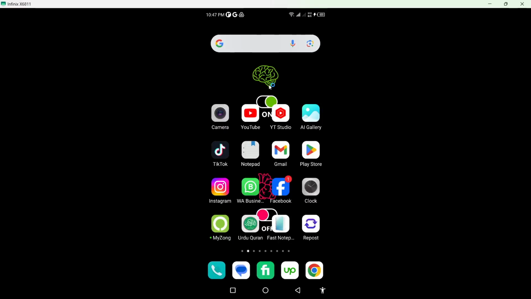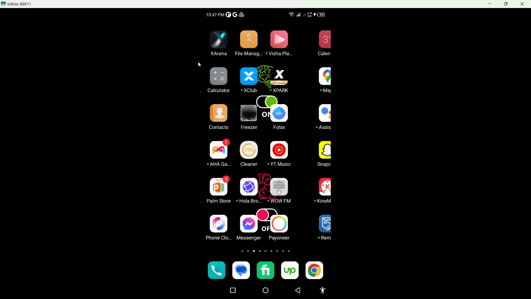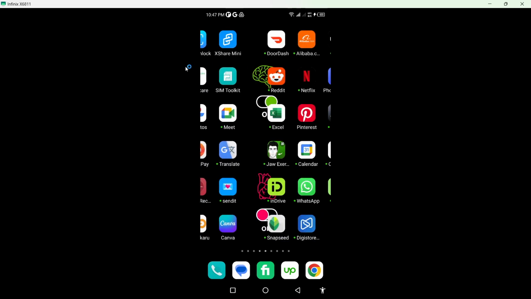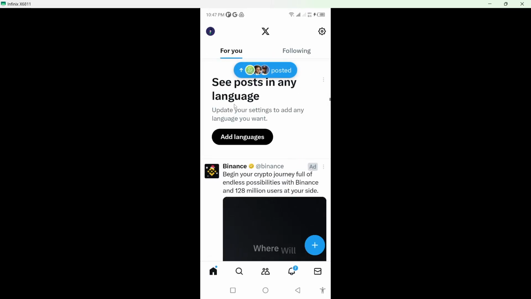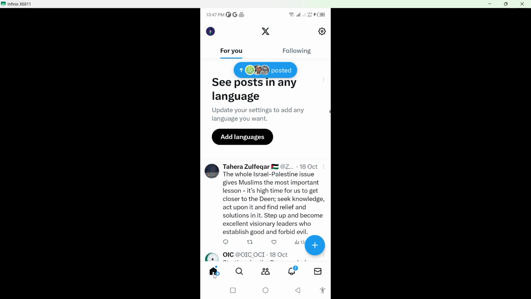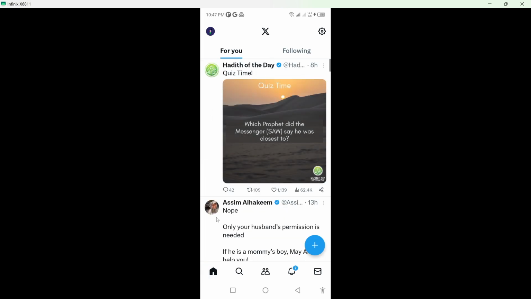In today's video, I'm going to show you how you can make your Twitter or X account private. So the first step you simply need to do is to open the X app. Then you need to click on the home in the left bottom and click on the profile picture on the left